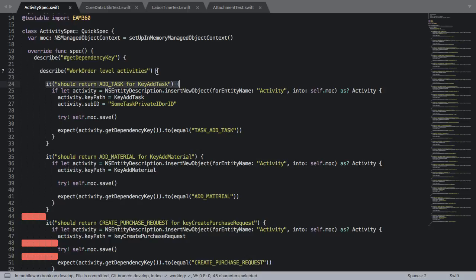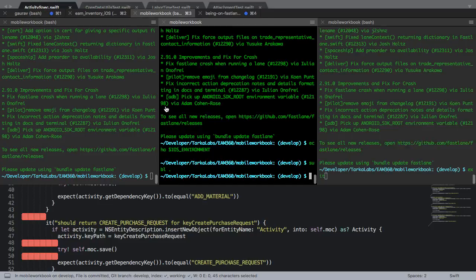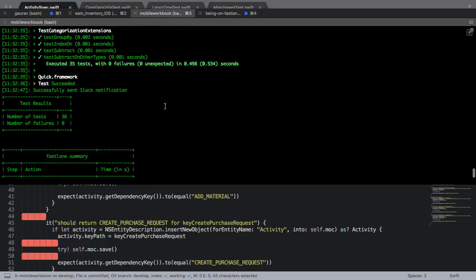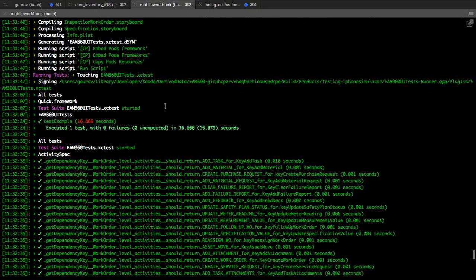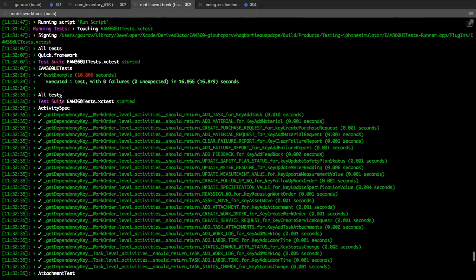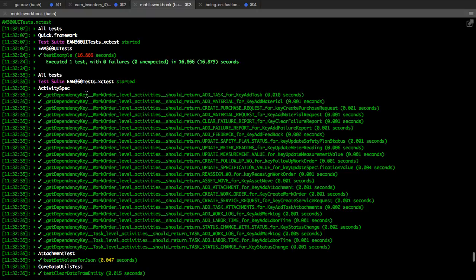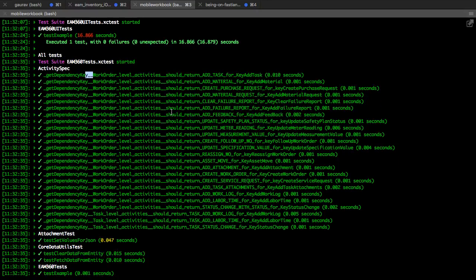So it should return ATasks for key ATask. When I'm running test cases, it actually gives me a nice little output. So, activity spec get dependency key work order level activity should return ATask for key ATask. It's kind of readable, except if it didn't have all these underscores, it would look just like an English sentence. So my test cases become very readable,